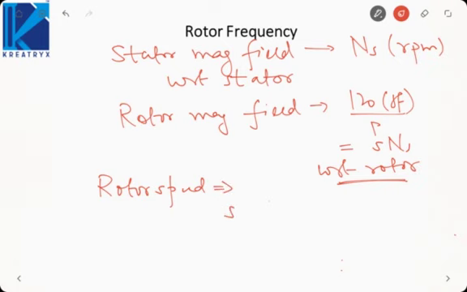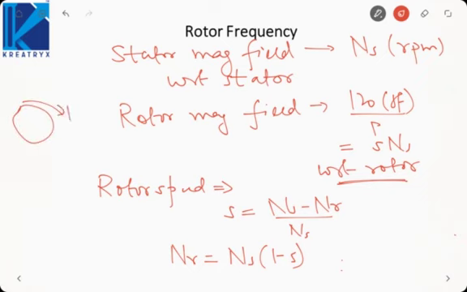We know s is equal to (ns minus nr) by ns. So from here nr will be equal to ns into (1 minus s). So the rotor is rotating at a speed of nr, and the magnetic field rotates with respect to the rotor at s into ns. So actual speed